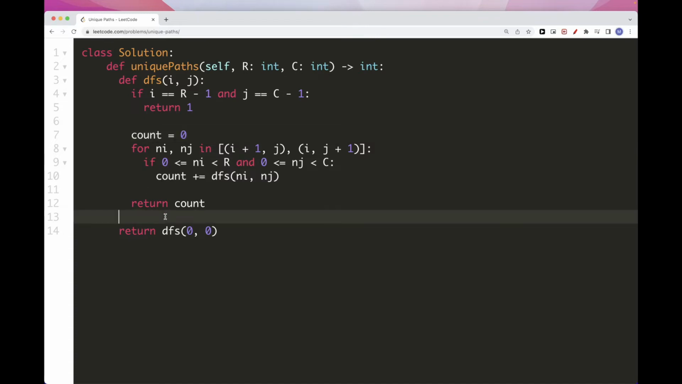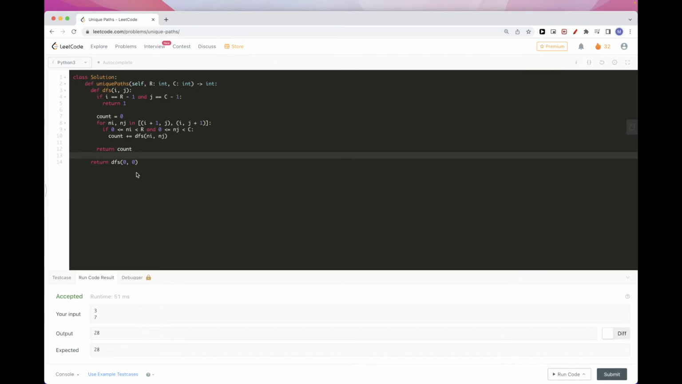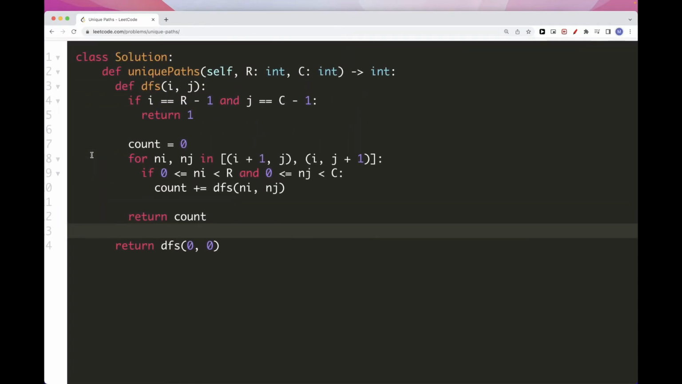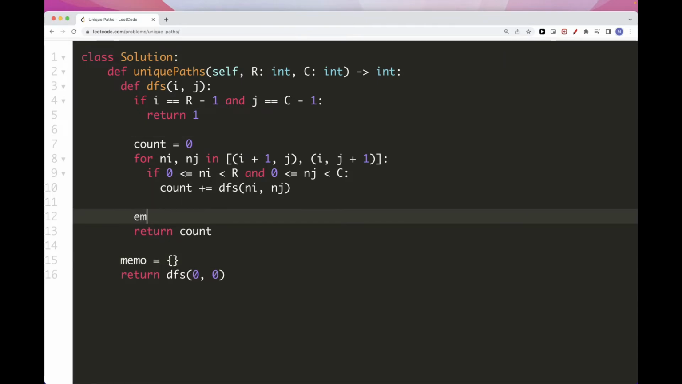And now that's pretty much it. So that's without memoization. Let's just run it, make sure it passes the basic test cases. And that does. Now we need to do memoization. So what we can do is just have a map like this, and set the map for ij to equal